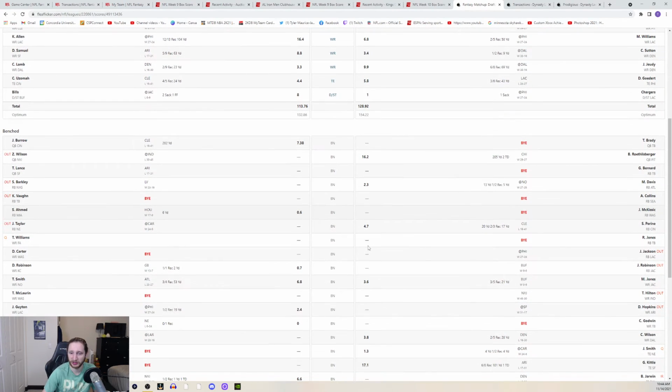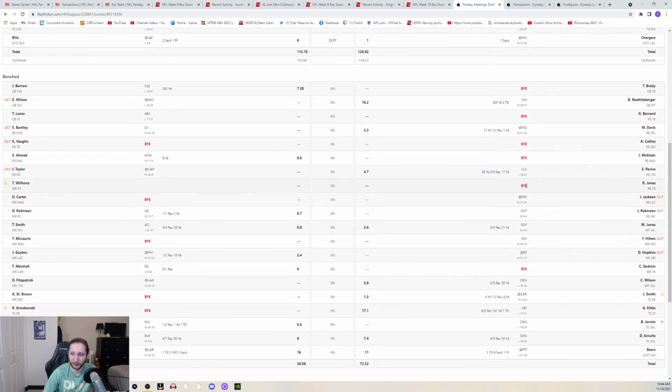And here is the bench in case you want to see anything. We were without quite a few people. No Tom Brady. Obviously, Mike Davis has been a bust. Alex Collins was on bye. Ronald Jones has done nothing lately. James Robinson was out. I did not play, I don't want to play Marvin Jones against Buffalo. Godwin was out on bye. Hopkins was out with an injury. T.Y. Hilton was out with an injury.